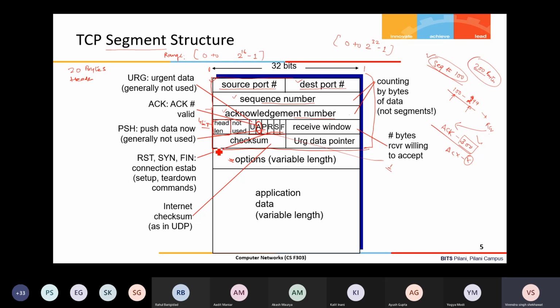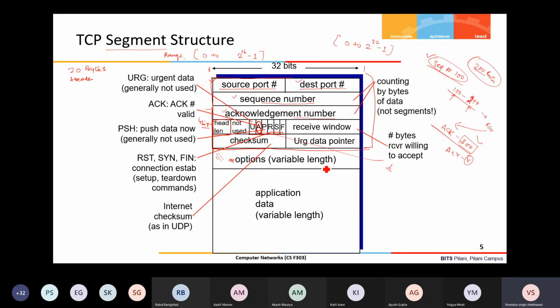So the receiver should know from which byte onwards the data is starting. So due to this variable field, we need to add this header length field, that tells exactly how many bytes are there in the header, and after that the application data is starting.